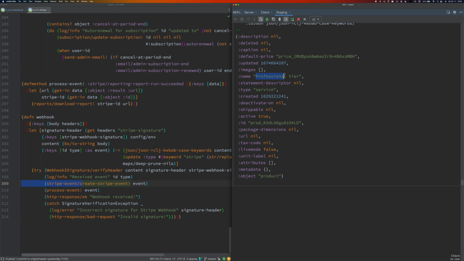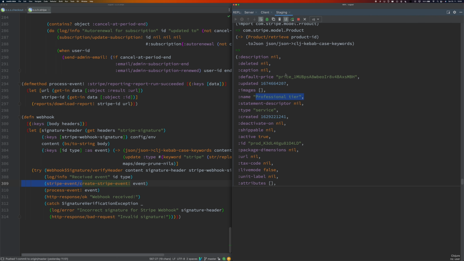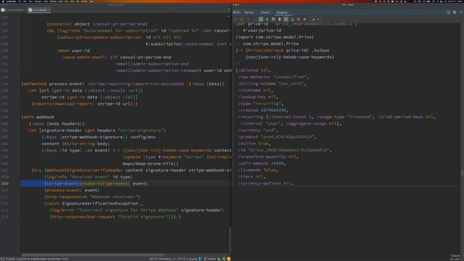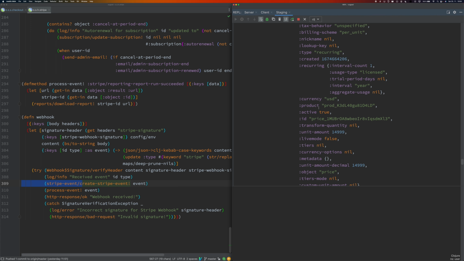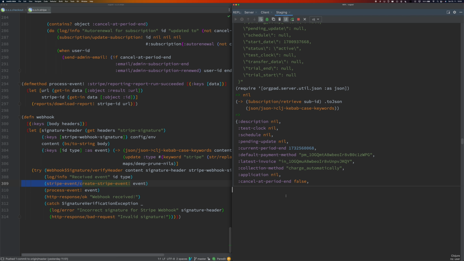Okay, this is the professional tier. Yeah, when it was created, when it was last updated, what is the price of it, and so on. So I could play a bit with the Stripe API like this. So this is, for example, the customer stuff, the subscription stuff.